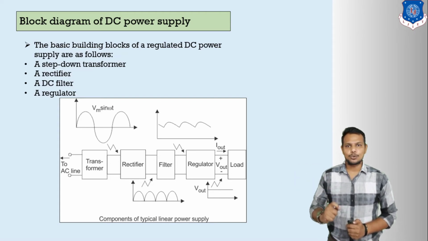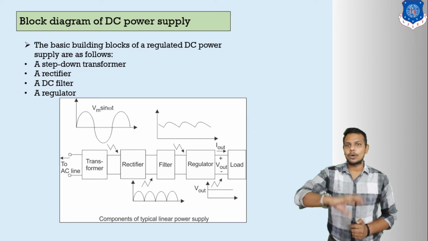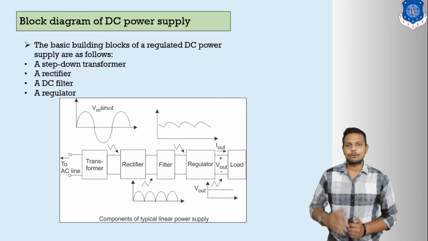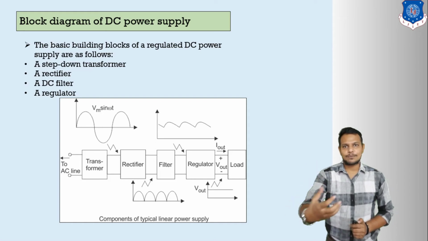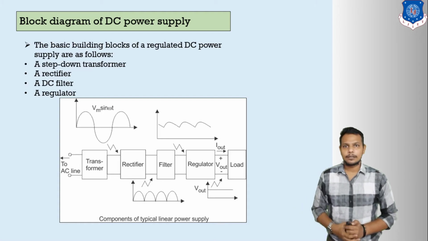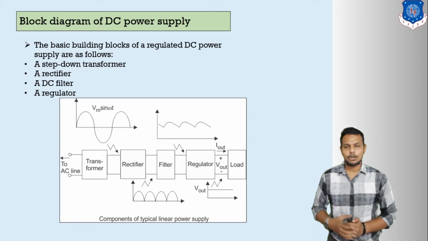Then we have to first use a step down transformer. The step down transformer lowers the voltage, and then we apply this voltage to the rectifier side. Here we can see the waveform at the step down transformer. Then after, the output of the rectifier, here we can see the full wave rectifier output, or also we can say this is the bridge rectifier output because it is full wave.